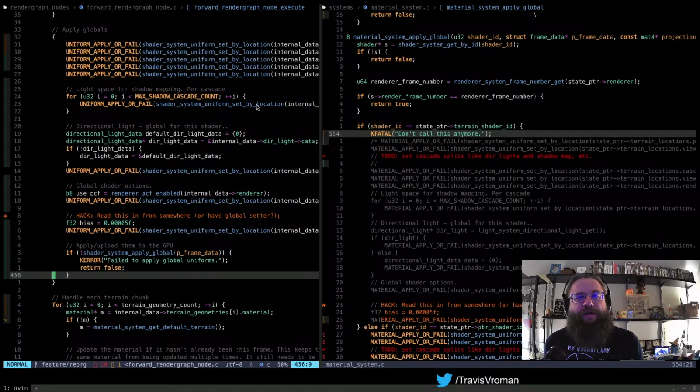So the material system was responsible not only for managing the materials themselves, their creation and destruction, but also applying the attributes of that into uniforms and things like that. The material system really shouldn't be responsible for that. It was something we did initially because we didn't have anywhere else to put it, but now we do have a place that should be managing that, and the render graph node is what should be managing that kind of thing.